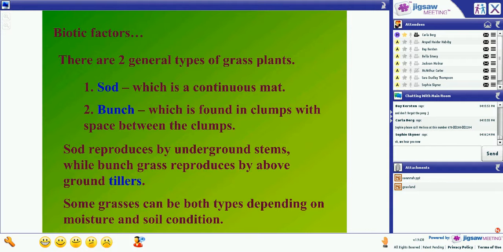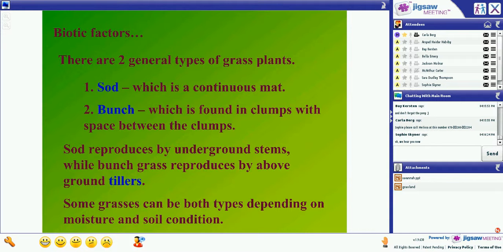There are two general types of grass plants. One, sod, which is a continuous mat. Two, bunch, which is found in clumps with space between the clumps.